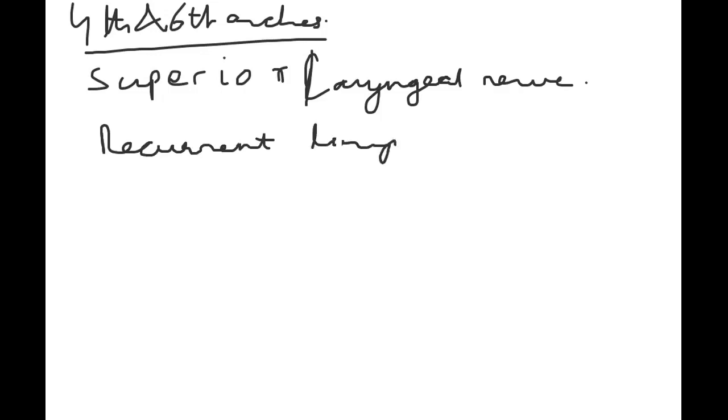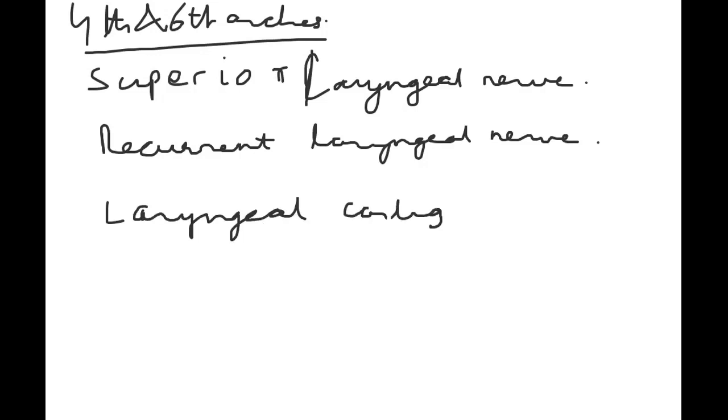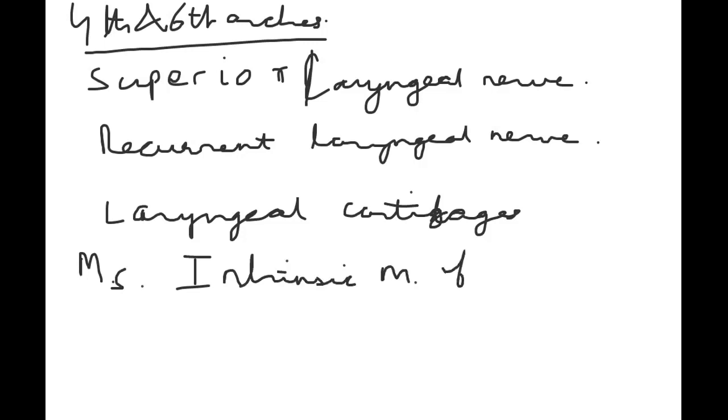From the nerve supply itself, you can make out what muscles would be supplied and what would be formed. So, these form the laryngeal cartilages. The various muscles supplied by it include the intrinsic muscles of larynx, and the muscles of